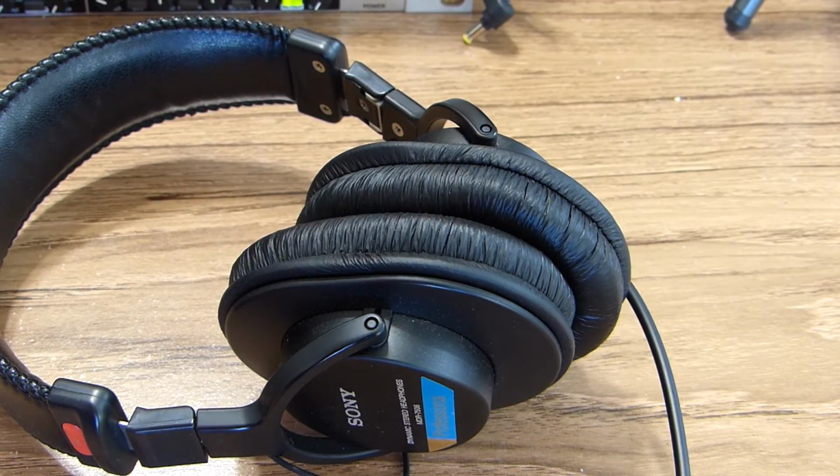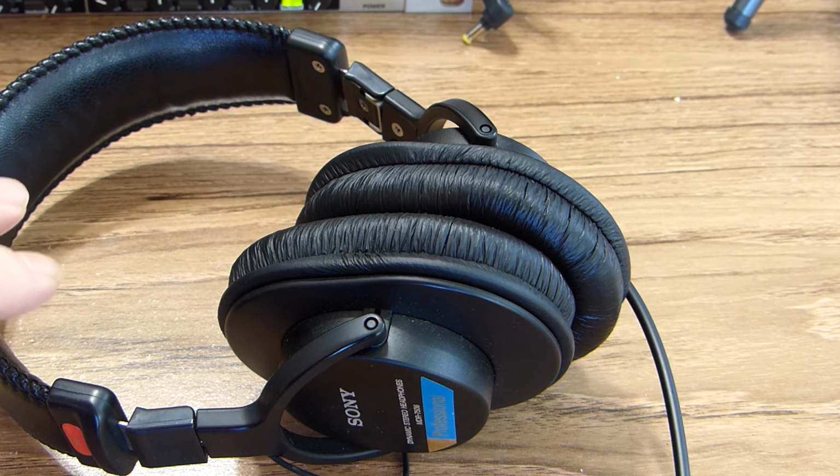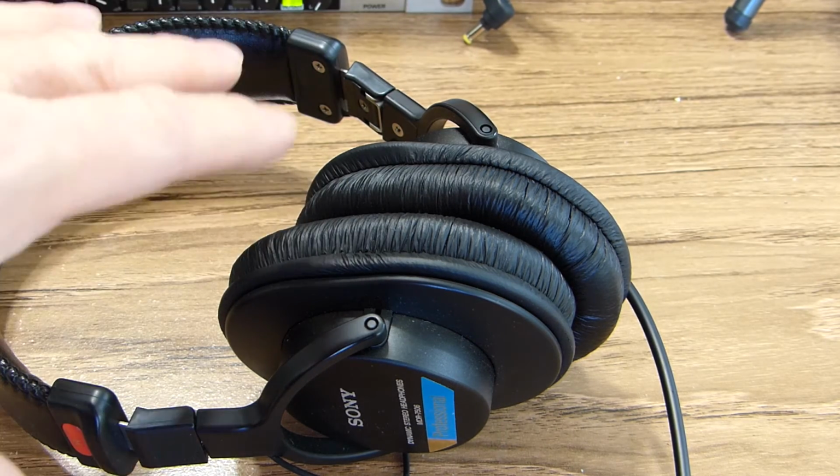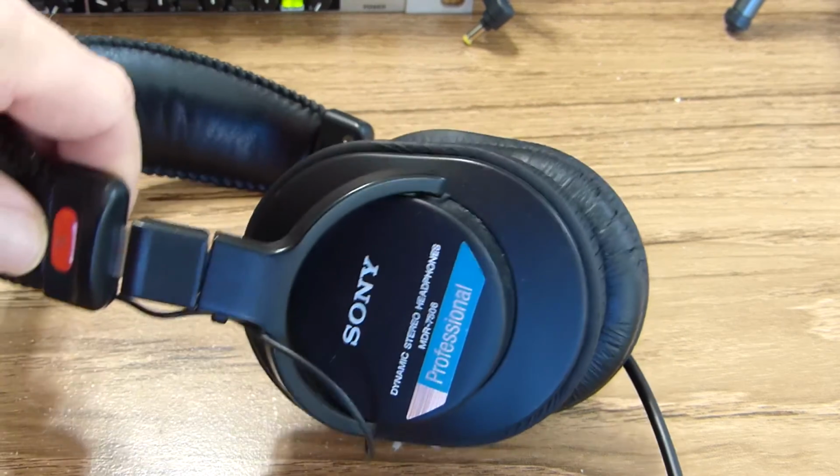Now, there is one set of headphones that, if you are doing some serious monitoring, say you're monitoring audio when you're recording video, you can use these, of course, with your computer, provided everything is supported as far as the impedance. Or you can even use them to edit audio, but they are a little bit tight on the bass. But a lot of people swear by the Sony